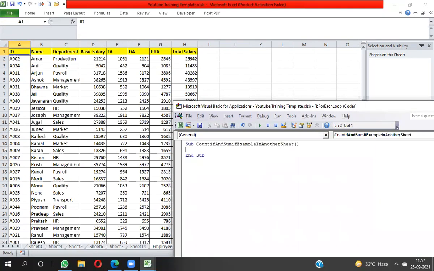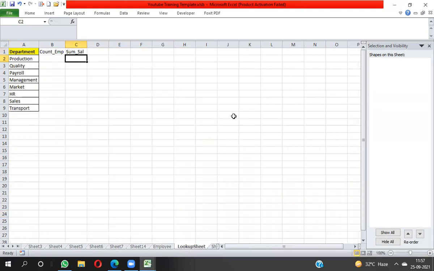Okay, so here I need to activate the sheet. It's not mandatory to activate the sheet, but here I will activate the sheet, and here I will put down the function of SUMIF and COUNTIF. So let's see how we can do it.